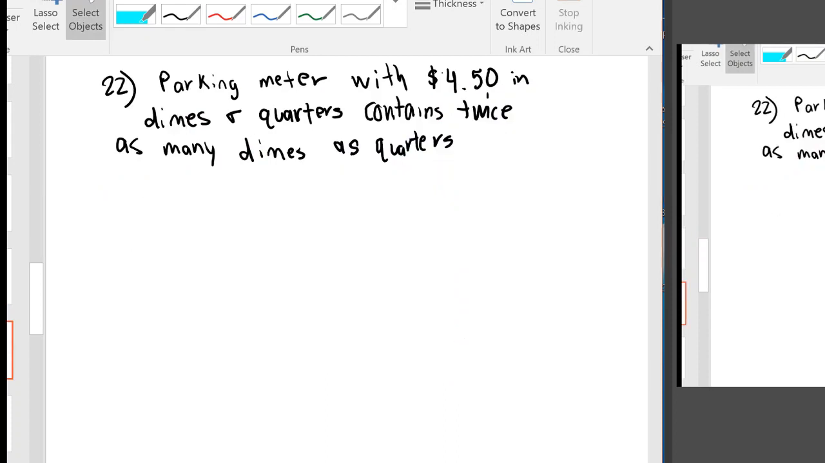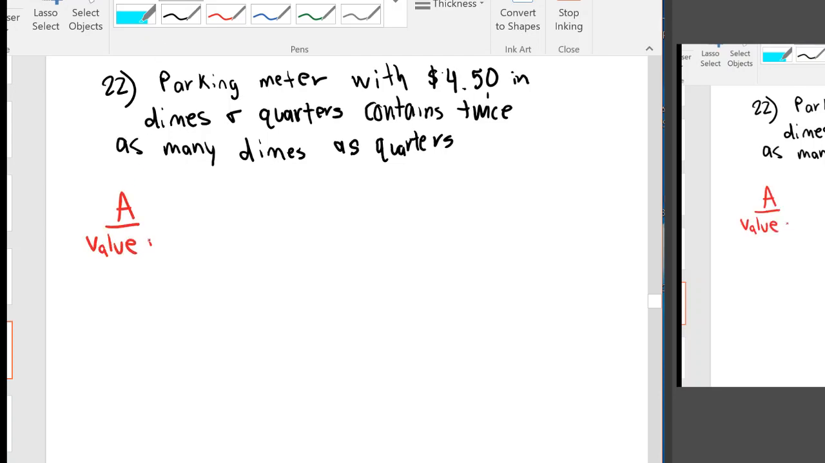The famous parking meter question. I know we've gone over this a few times, but I will go over it again. There's a parking meter filled with $4.50 in dimes and quarters, and it contains twice as many dimes as it does quarters. So they want to know what's greater,